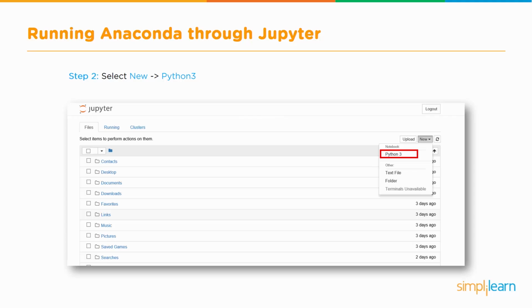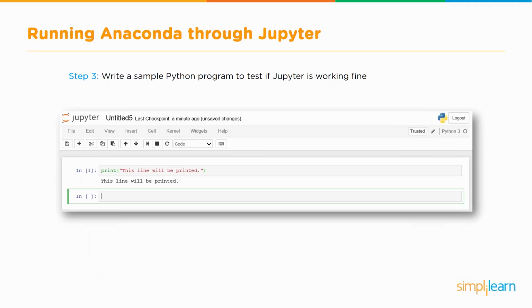Well, you'll then have your running Anaconda through Jupyter setup, and you'll be able to select New in Python. You'll see on the upper right hand corner you'll have a New button, and you'll have a drop down where you then select Python 3, or if you installed it, Python 2.7. Once you've opened up your new Python notebook, you'll have a line you can type in,